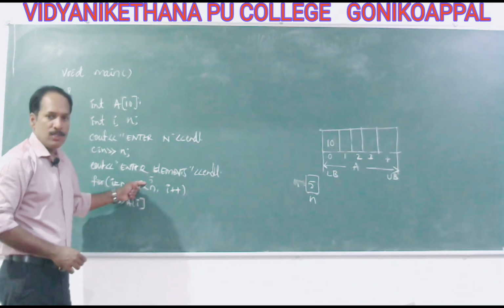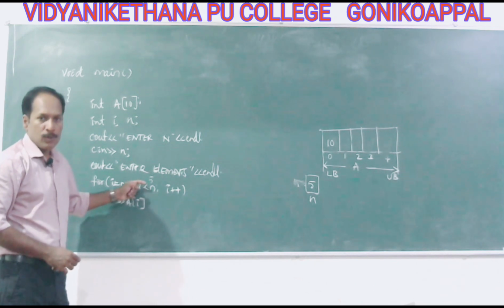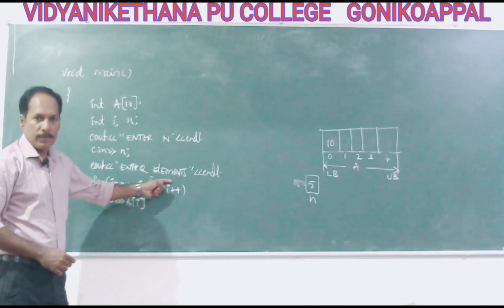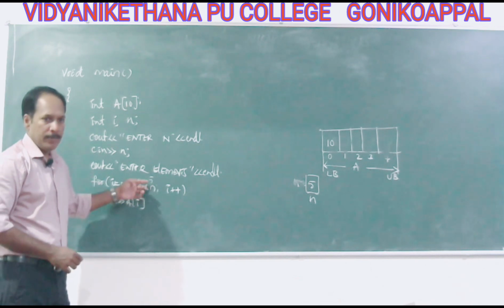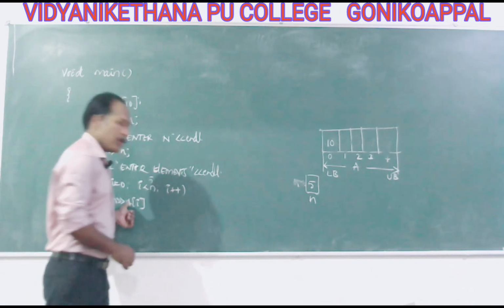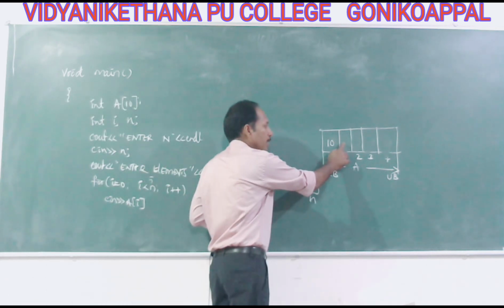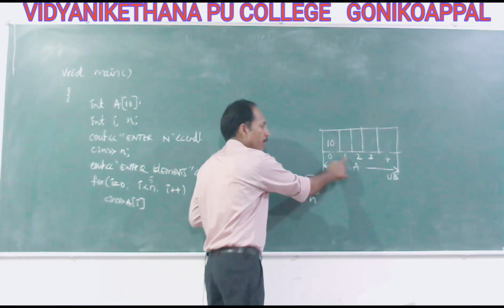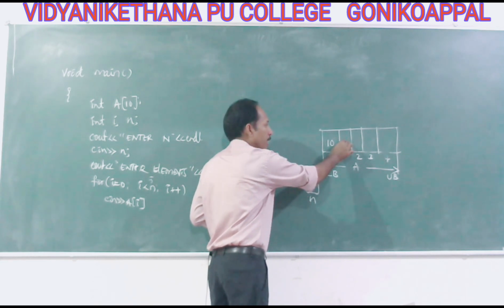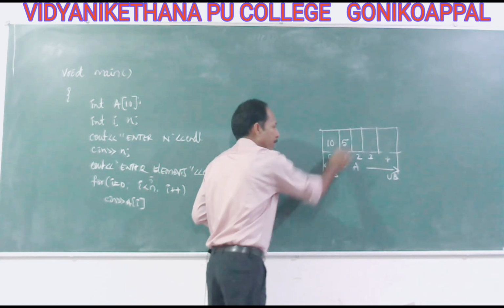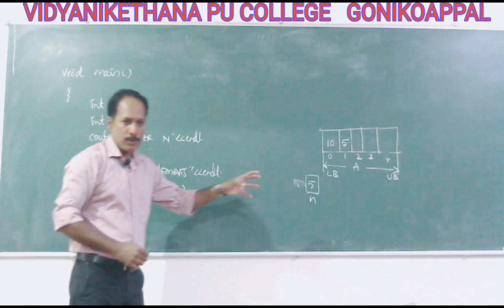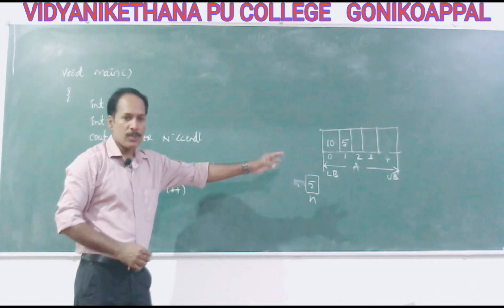I previously 0, now it becomes 1. So 1 is less than 5. Again, repeat with the same process, cin input. It is asking to input something at this place, that is a of i, a of i means a of 1. There I may input some number, let it be 5. So I repeated, visited the second element, and stored the element 5.